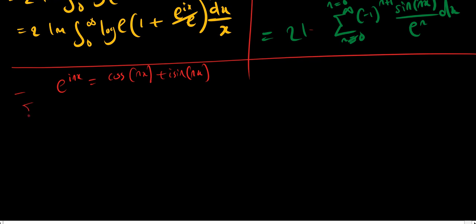So if we have a sum of (-1)^n as n runs from 0 to infinity of e^(inx), and we need the imaginary part, we only need to take the sum of the sine part. That is why we are having twice the sum of n equals 0 to infinity of (-1)^(n+1) of